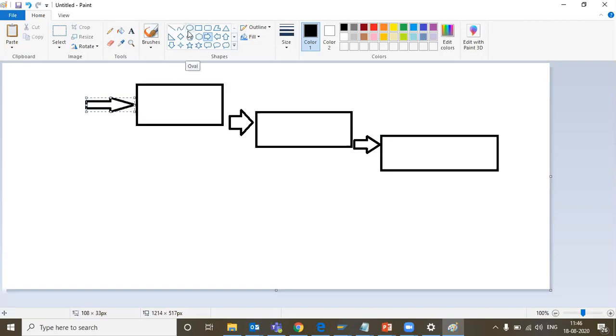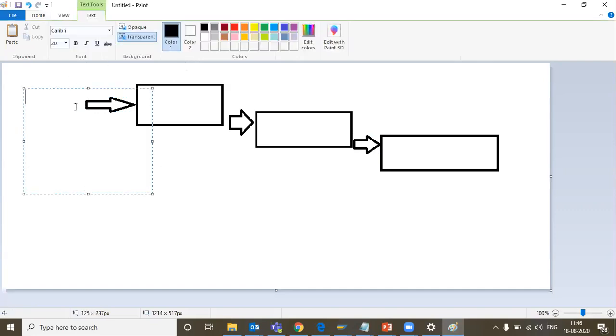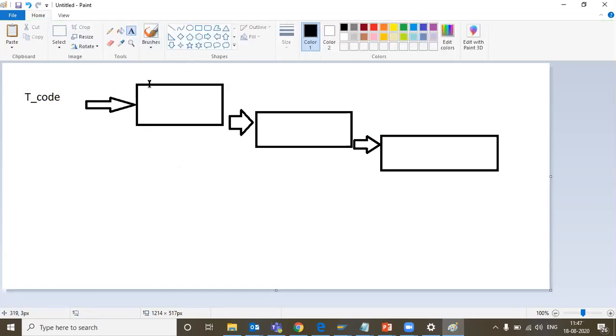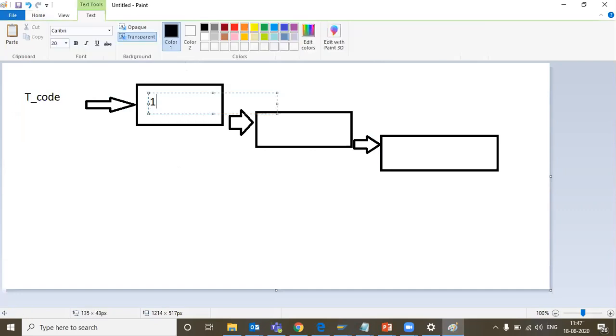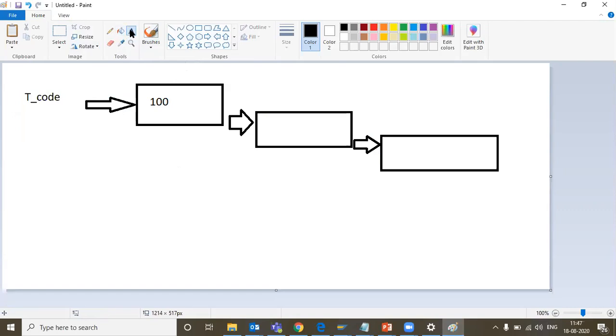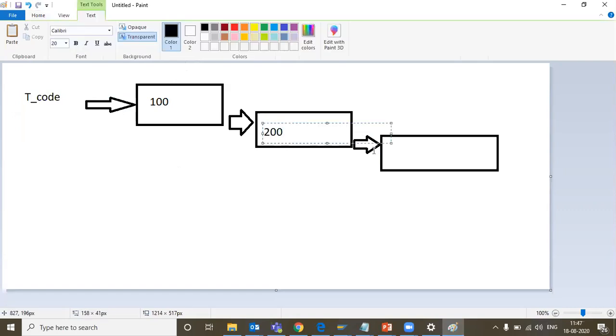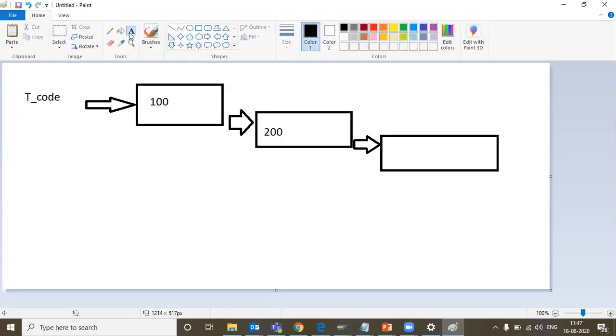For that you need a transaction code. Here it will be the T code. The T code will be calling screen 100. This screen 100 will be called by a transaction code, and screen 200 will be called by screen 100, then 300 will be called by screen 200.